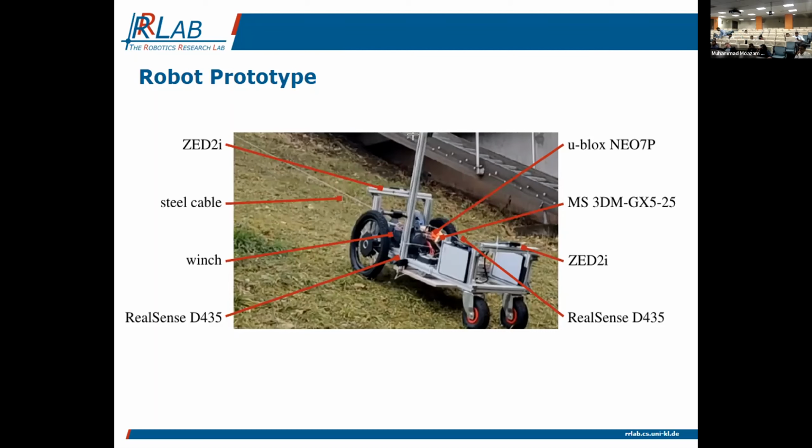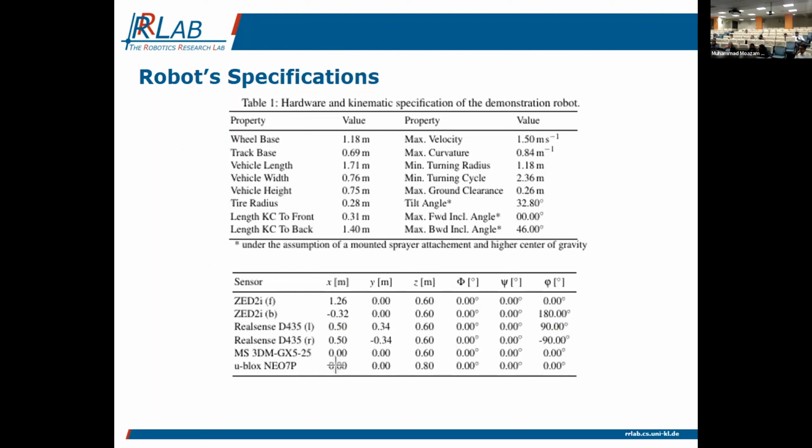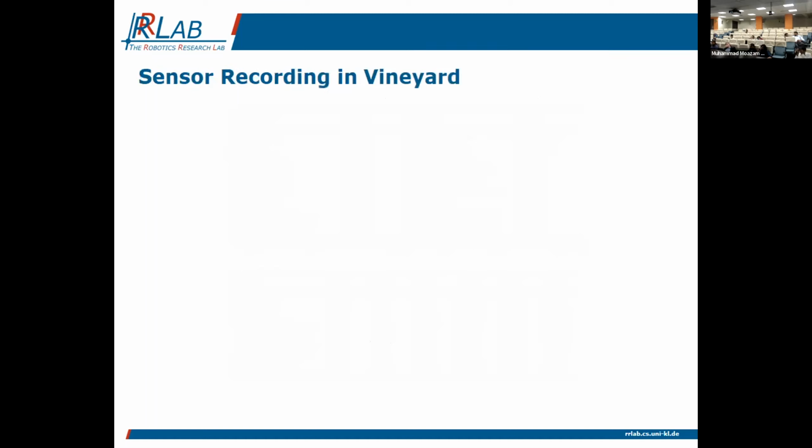We should not pass certain angles, because otherwise the vehicle would tilt. And with this, here is a bit of data on which sensor is mounted where on the vehicle. We can discuss it afterwards if needed. And here I will show you a short video